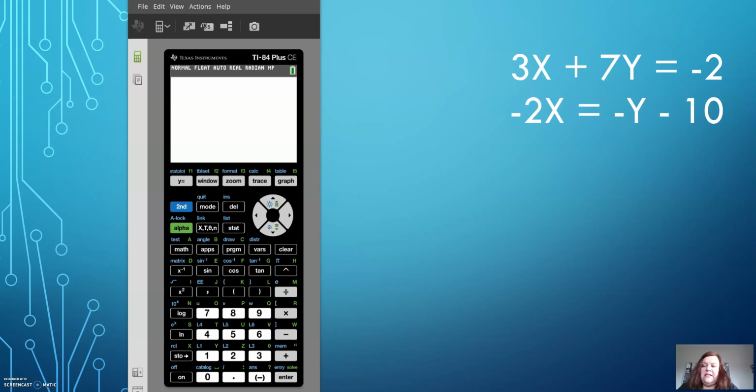Hi, today we're going to look at solving systems of equations with two variables using matrices. Now, in order to use matrices, both equations have to be in the form ax plus by equals c. If we look at the first equation, it's already in that format, but the second equation is not. So in order to get it into that format, we have to add y to both sides. So that's going to give us negative 2x